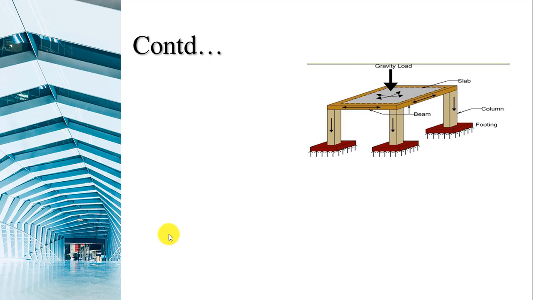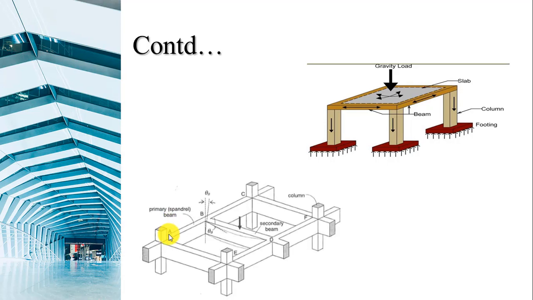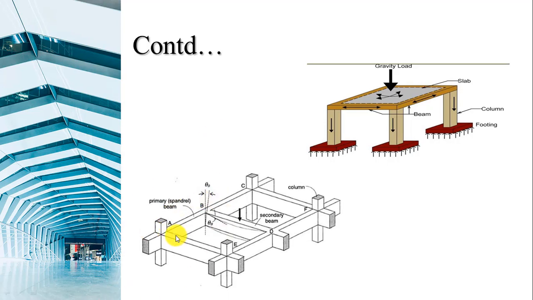Basically, first we have seen the beam, that is the horizontal member which carries the transverse load, and then here one arrangement is shown for the frame. Let's say at 4 corners these columns are given, and then beams are provided to support these columns. So here this is one beam, then this one is another beam. If you observe carefully, you can see that the outer peripheral beams are resting on the columns. See here, beam A to C, then beam C to F, or here beam A to E. These are the beams which are resting on the columns.